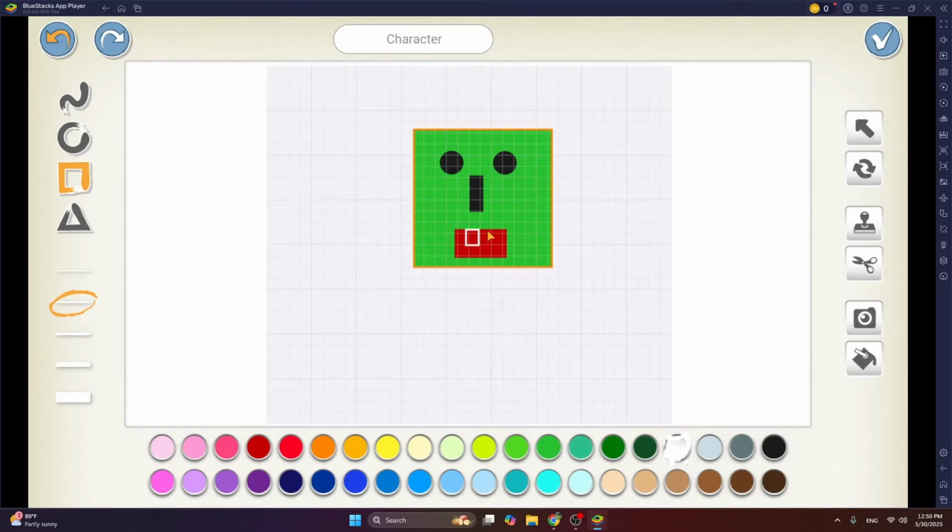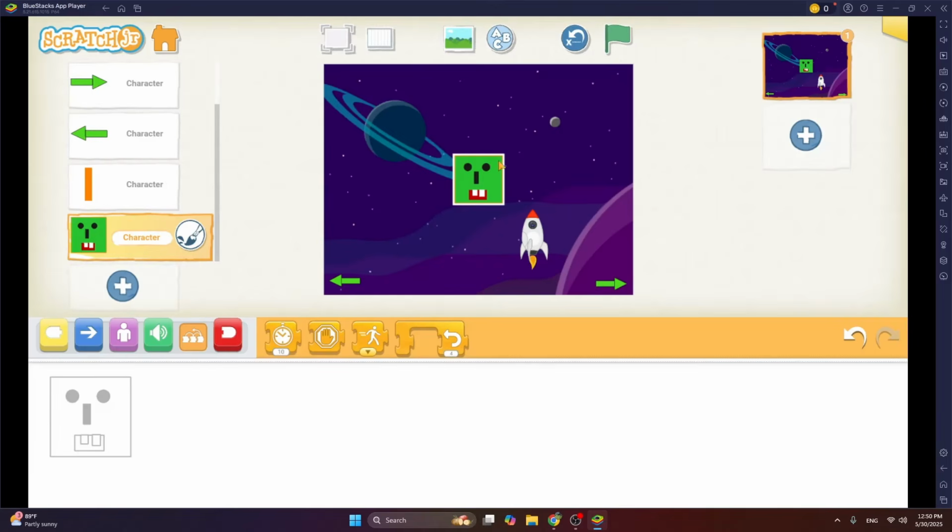So here, here, and then bucket, bucket. Drag your finger until the dash line shows. So click on tab. Now, what's the code for our alien?